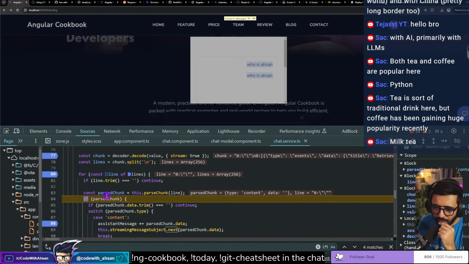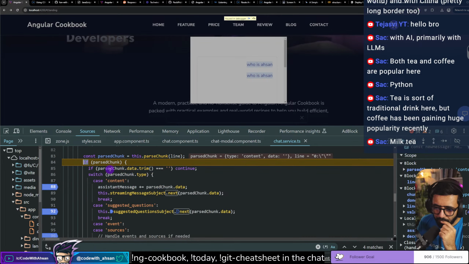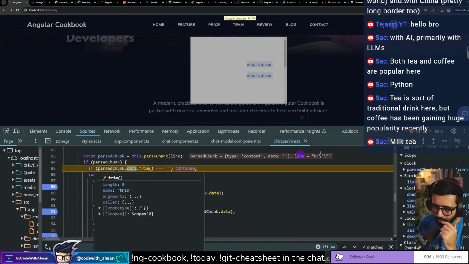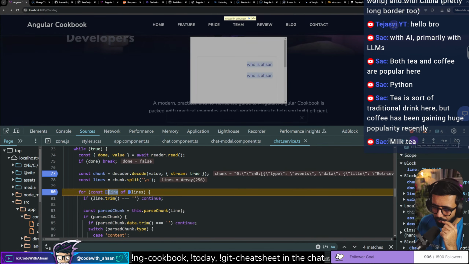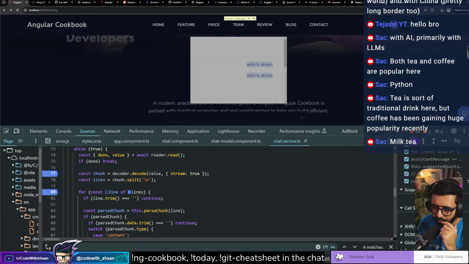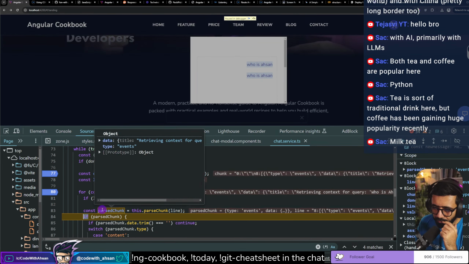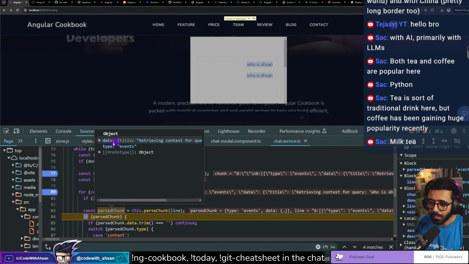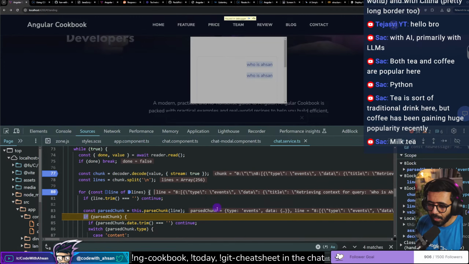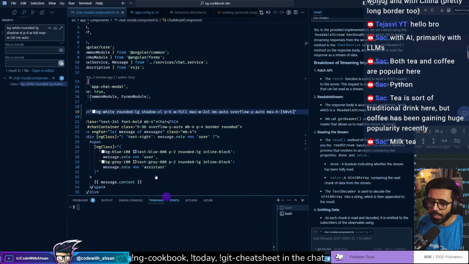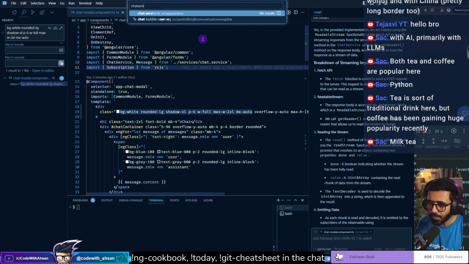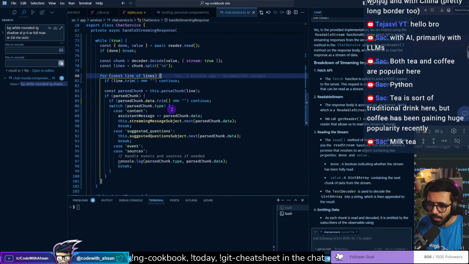Anyways, so we got the parse chunk here, and then we got data, and then we should have trim. Continue. But I think there's probably something which does not have data. So if we do parse chunk, so we got data. Oh, so this time the data is an object, and that's also something weird. So here we can, because when we do parse chunk, then I think we should actually get back in that case chat service. When we do parse chunk in here,